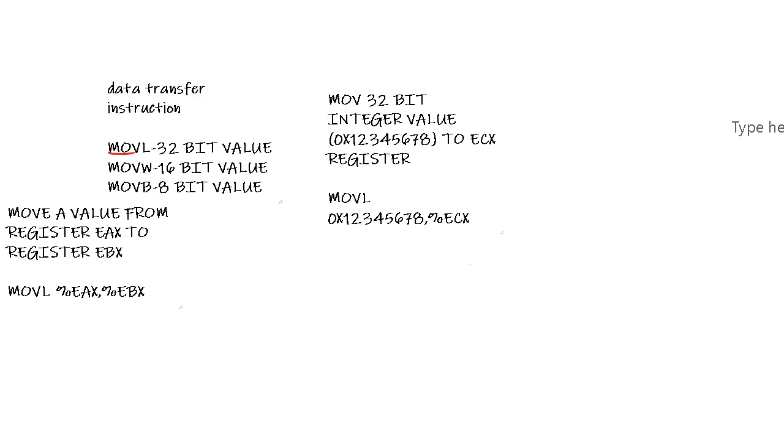So the meaning is, move is the name of the instruction. It takes a 32-bit value. The value 15 is copied to the EDX register. Okay, that's the meaning. So now,